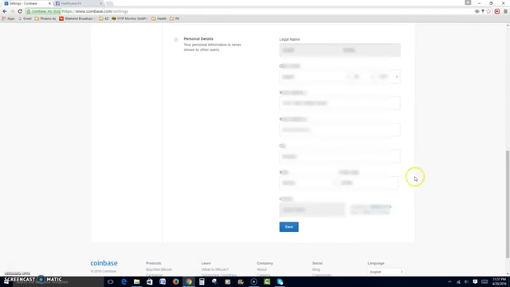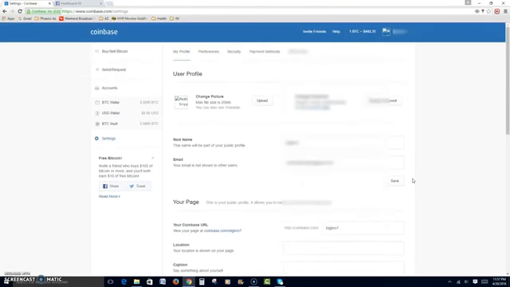Then save, and what that does is that also gives you an increased limit of what you can pull over, because when you first set up this account, you can only pull over $200. You can only pull over $200. But by verifying your phone, your personal settings, your bank account, your backup card, that increases to $1,000, and then possibly more, depending on your request to increase the amounts. So instead of $200, you can increase your amounts, plus it speeds up the process